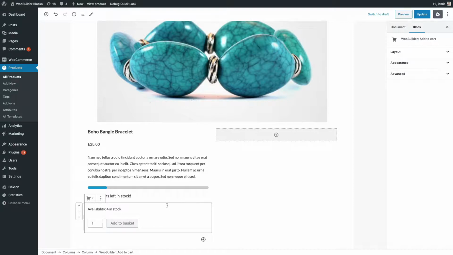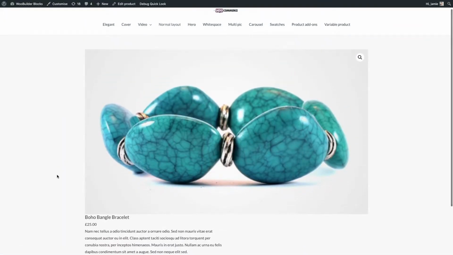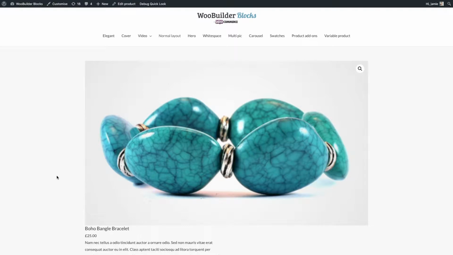Now, I've worked really quickly, but you could obviously take much more time and add much more content and lay out this page in any way you like. But I'm pretty happy with that. Let's update it. And now let's go and view the product. And there we go. There's my new Wizzy product, looking fantastic. In my view, fantastically better than the normal WooCommerce layout. Right, next up, I'm going to show you how you can create templates out of these and apply those templates